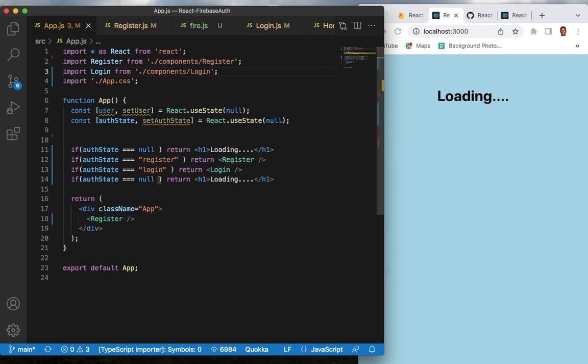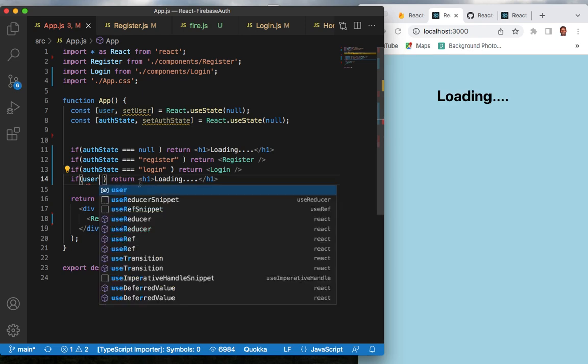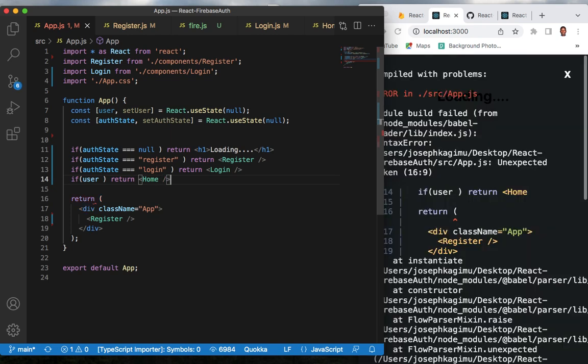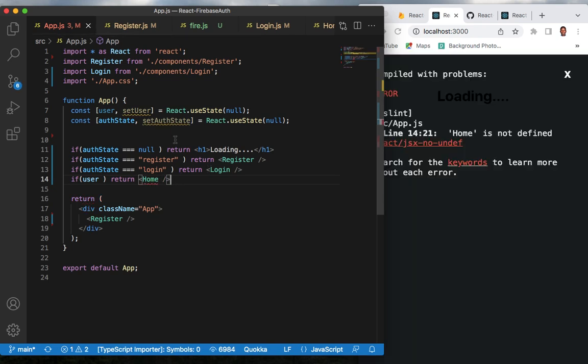So from that we need to come here and say if user, it will return the home page. So from that